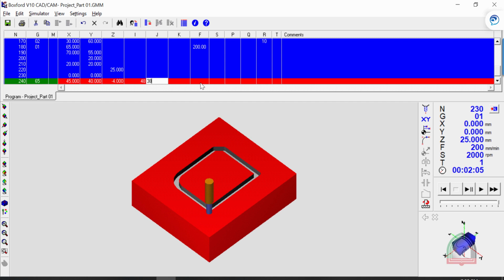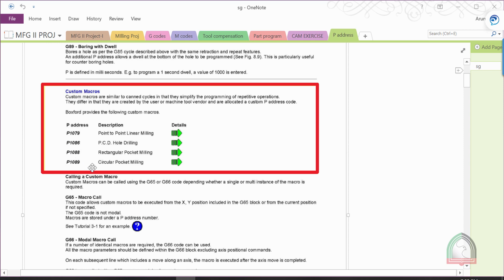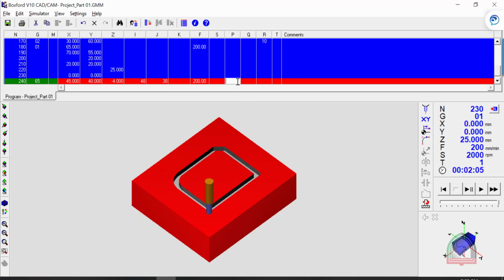Then we will come to the feed rate again. So I'll keep the feed rate as 200. Now the P option, the program that we are going to use is P1088. So specify the program here, 1088. Now I'll give 2 here and 2 also here. This 2 represents the number of steps to be used, and this represents the incremental value. So we are going to cut -4, which means 2 mm in 2 steps. Okay, so now I will enter this